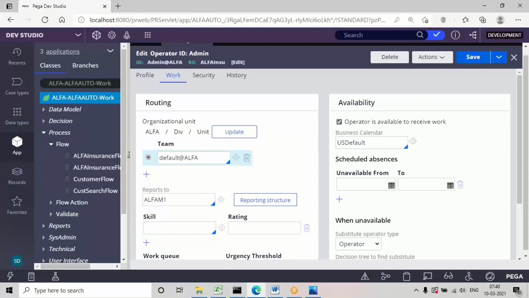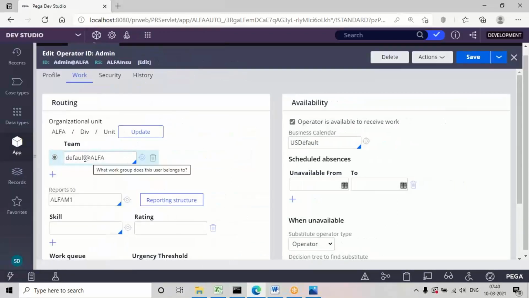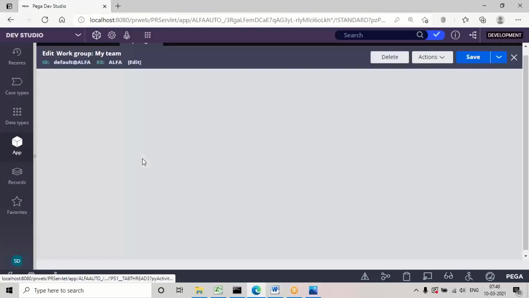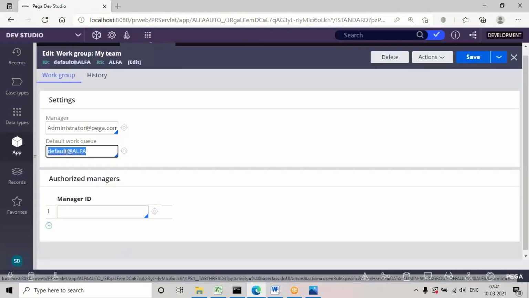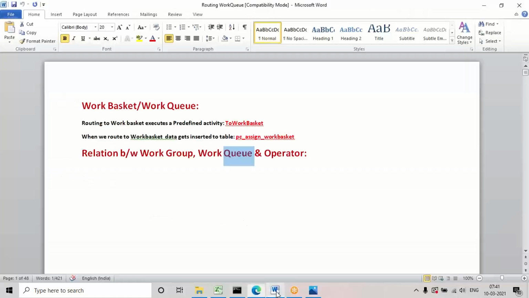So this is the default one. Actually, we don't use the default one, but when a Pega application is generated, this default team name and default queue also will be created. Okay, where to see the queue? If you open this, the queue name will be inside. If you open the default work group, inside that the queue name is also the same, default at the rate alpha, that is default at the rate your organization name. With that, automatically when the application is generated, one default work group and one default work queue both will be generated. Now from those default IDs, I'm using the save as option. That is the easy way, right?